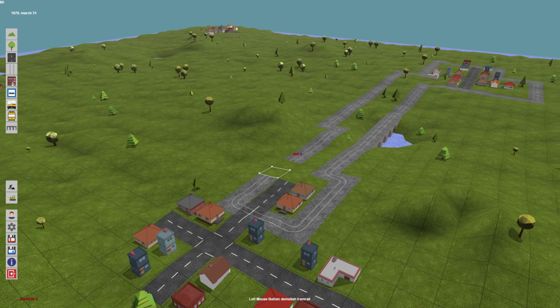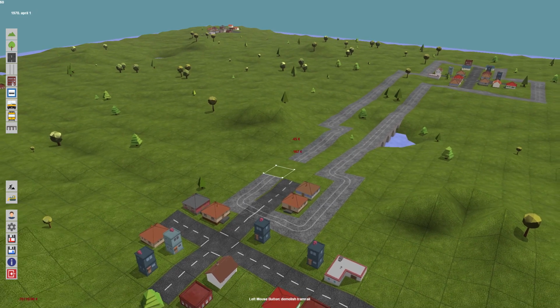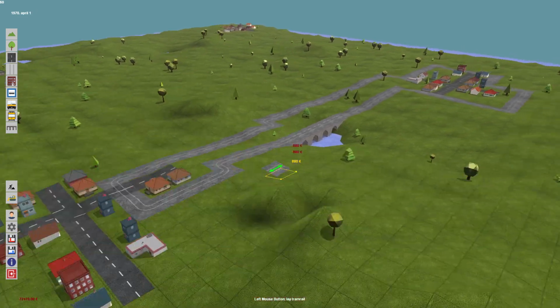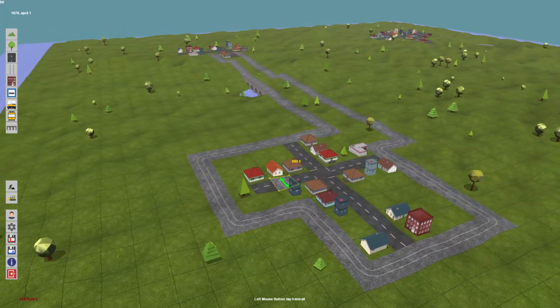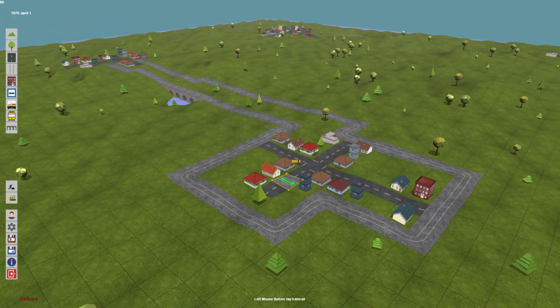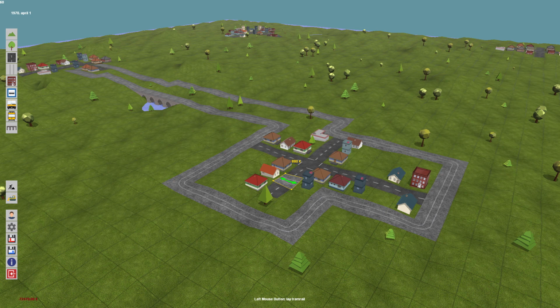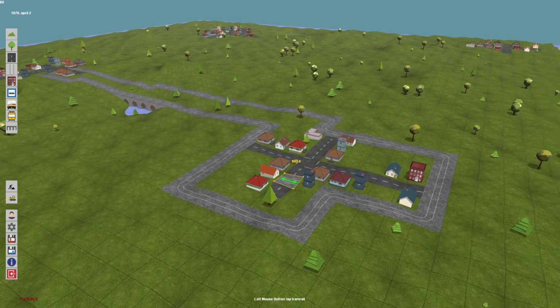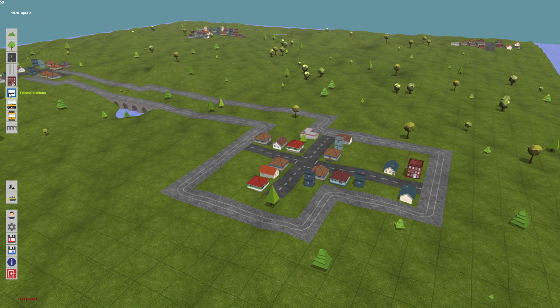Oh, the surface is too uneven. Let's refine that a little bit. Now it's good to go. So now we have a nice circular path, and maybe let's create some stations. Let's head over here, handle stations,